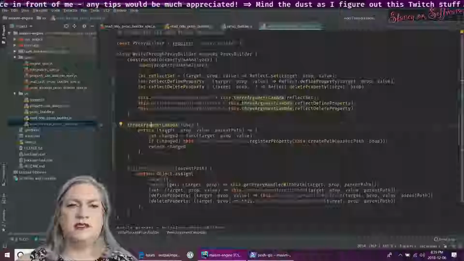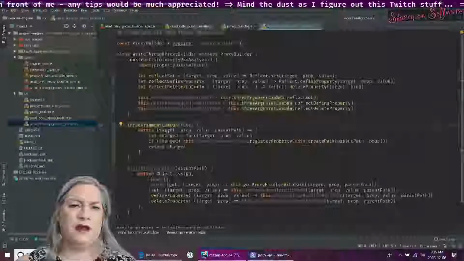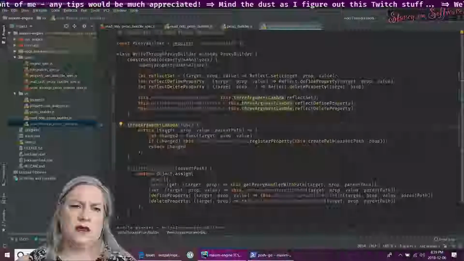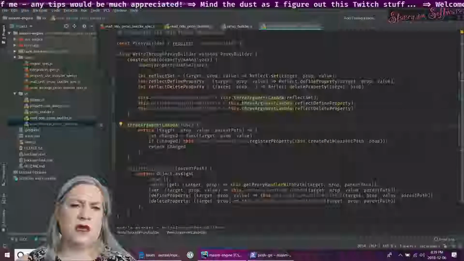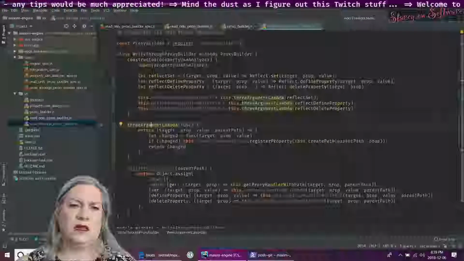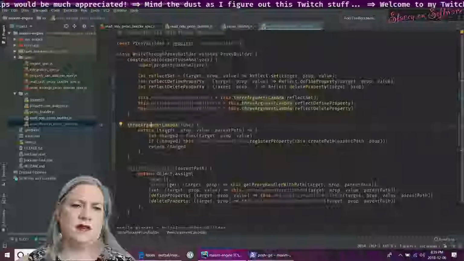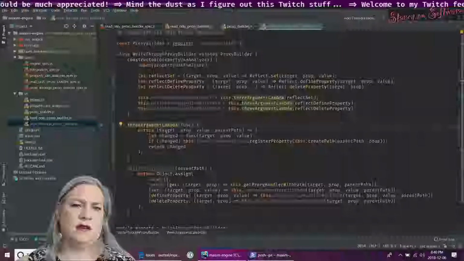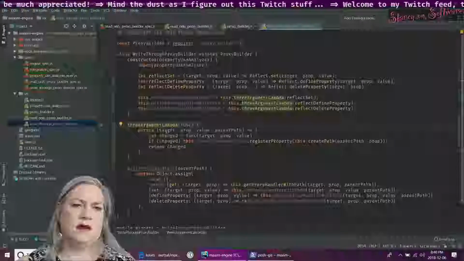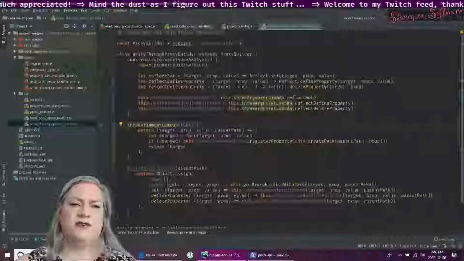3-argument lambda, what is this thing? It's a what? It's a registration wrapper.